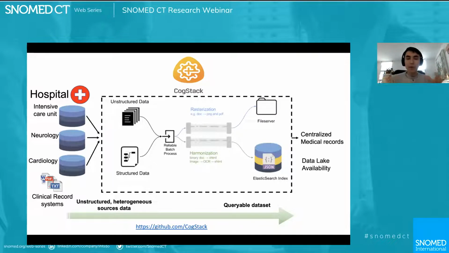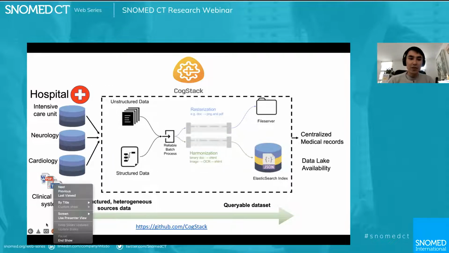Just really quickly, before I move on to what we can do with surfacing these data insights, I first want to say that in a hospital, data isn't necessarily stored in one single place. Each department may or may not have their own data silos, which store data in different manners and in a variety of different formats.